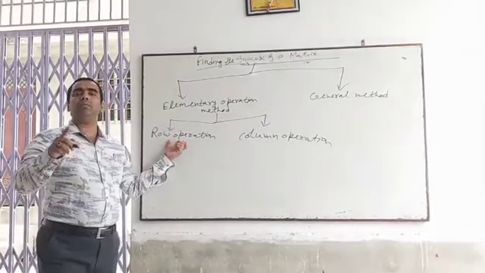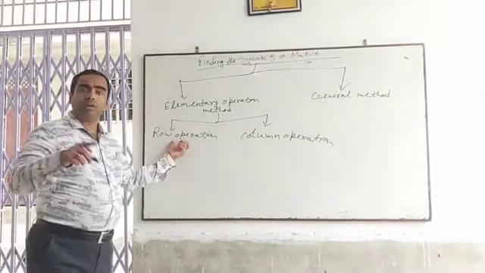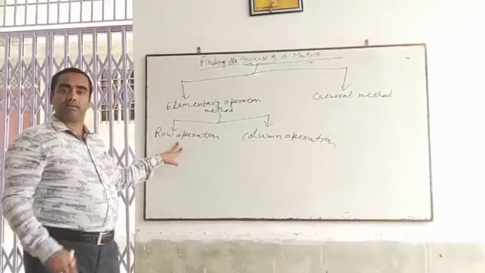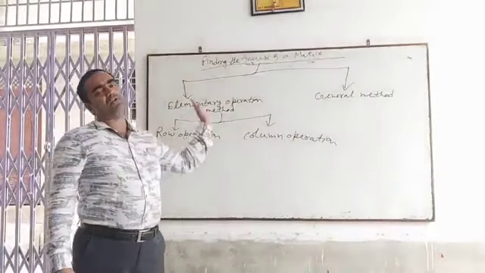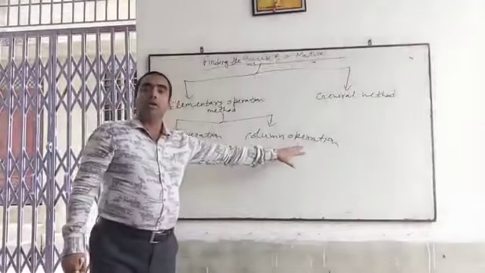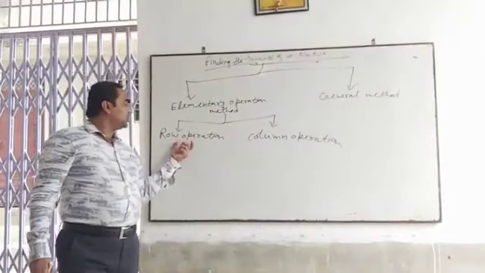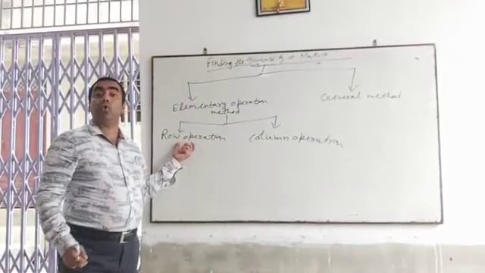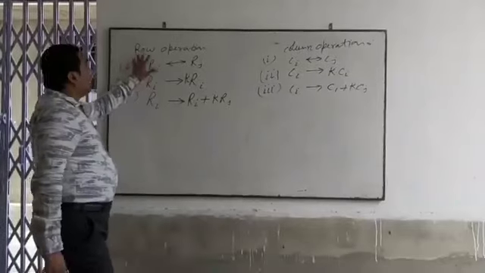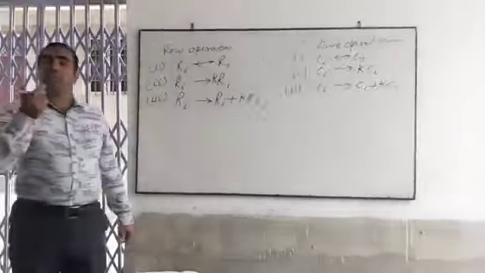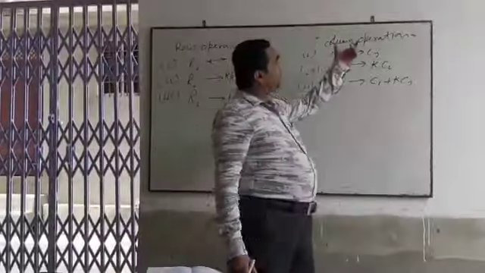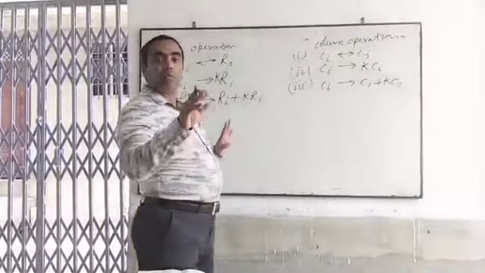What is the actual meaning of row operation? What are the row operations defined in a matrix? The same type of operation we are going to follow in columns. So let's start with what is the actual meaning of row operations and column operations in terms of matrices.